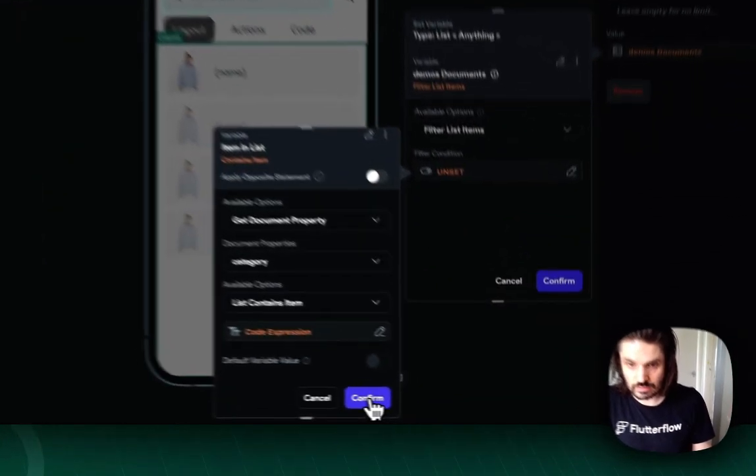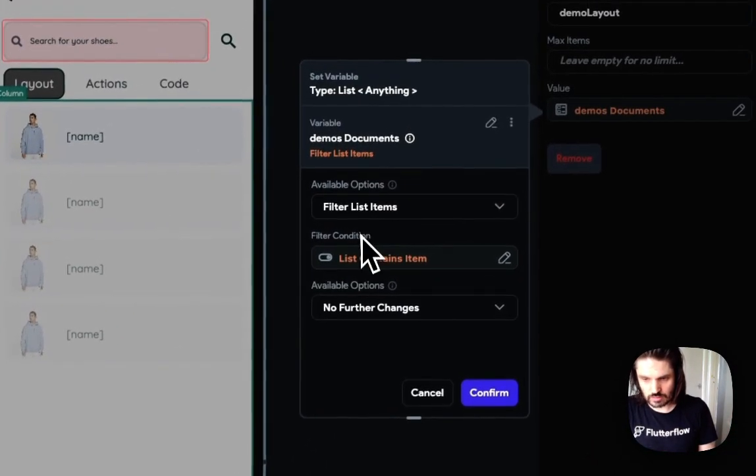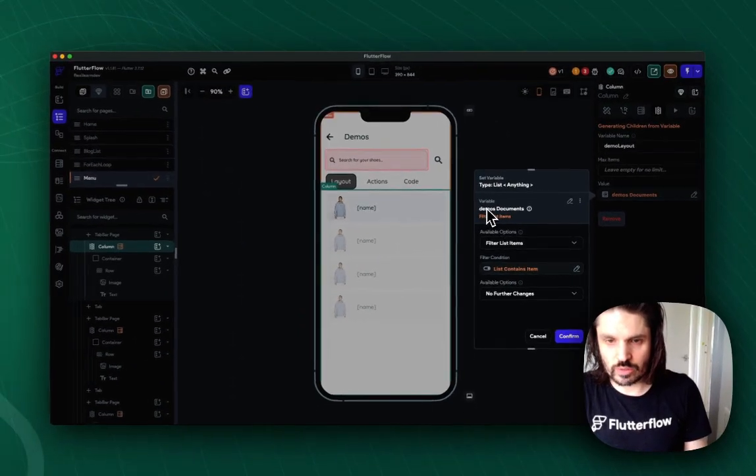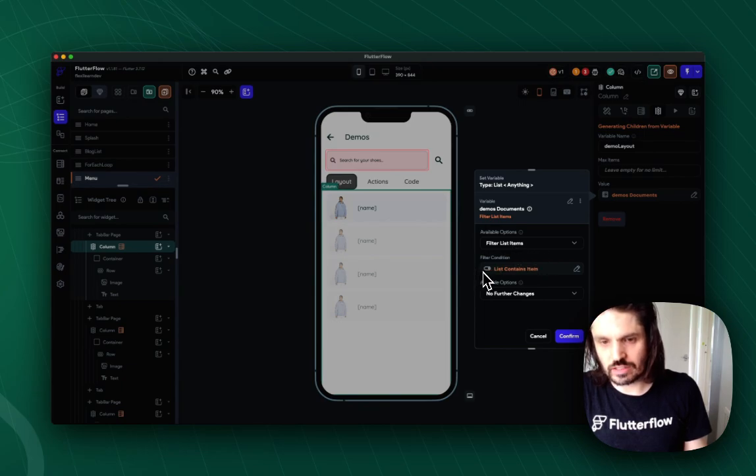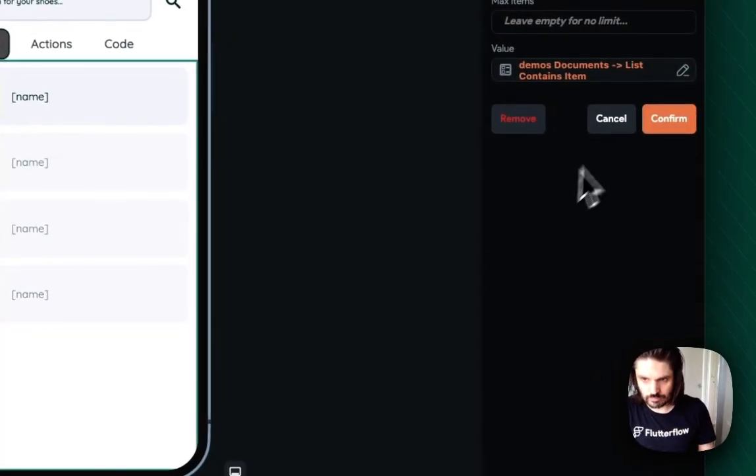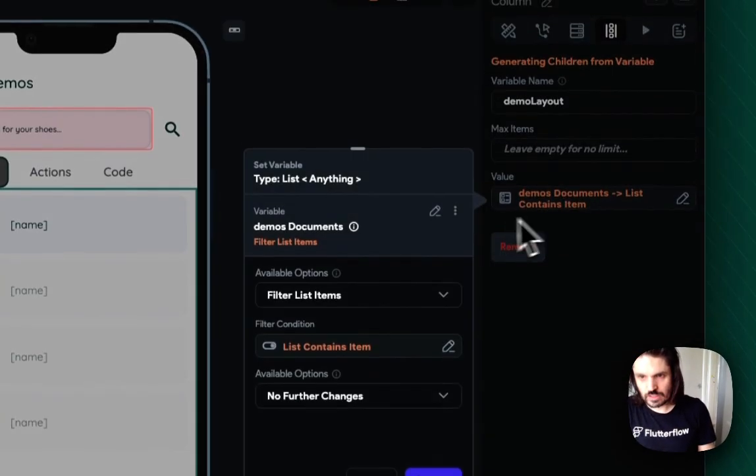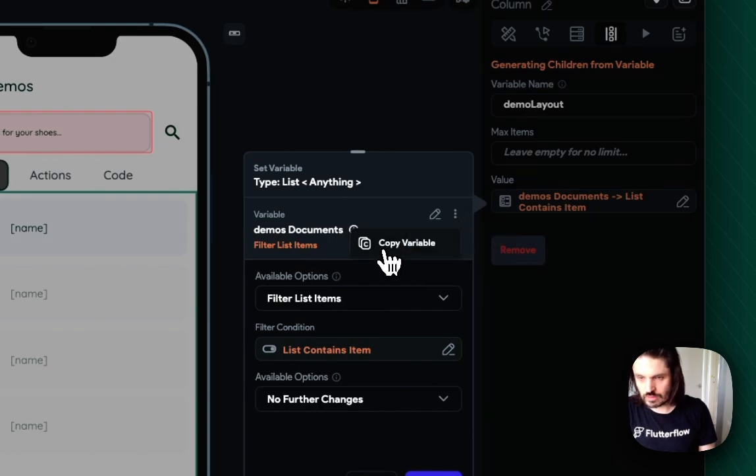If it does, this is a Boolean check. This is a true-false check. So we're going through each of the demos documents and we're filtering them based on if each one, which has a field called category, if each one in that list of categories contains the item layout. If it does, true, show it. If it doesn't, false. No further changes, confirm. Confirm. I'm now going to go ahead and just quickly copy that